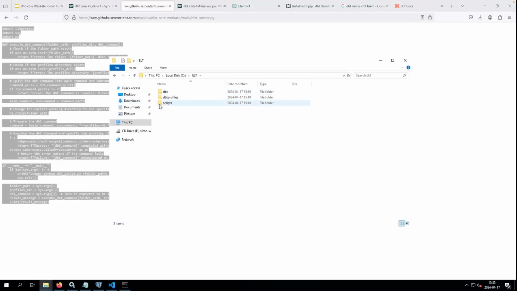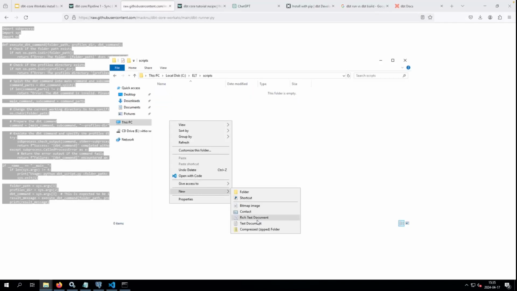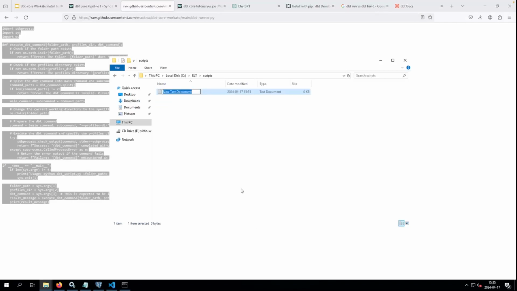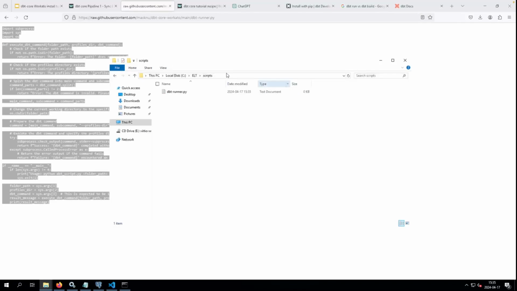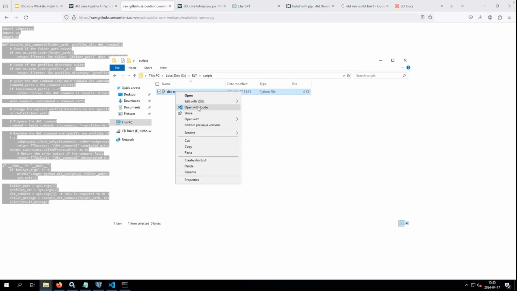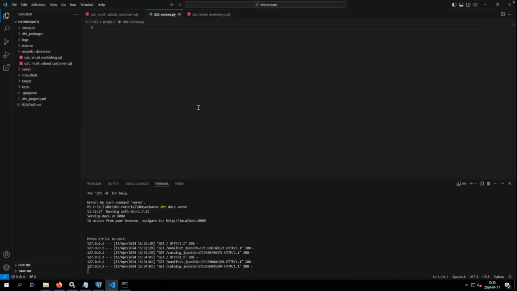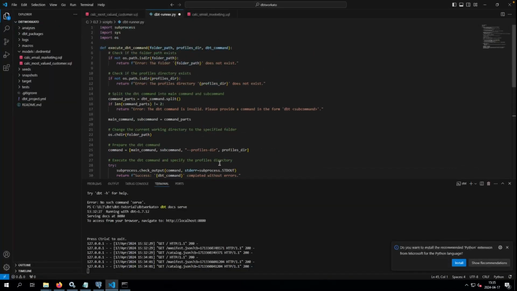And under ELT, remember, we created a scripts catalog, and here we'll create a new file that is called dbt runner. In Windows, the file extensions are not visible by default, so it's not actually a Python file, it's a TXT file. Just quickly need to change that,